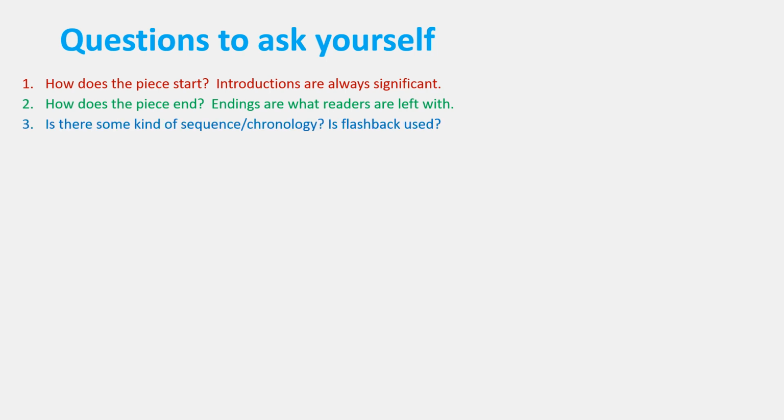Is there some kind of sequence or chronology? Is flashback used, analepsis, or is prolepsis, flash forward, used? Is some kind of foreshadowing used, or perhaps pathetic fallacy? Foreshadowing, is there some kind of clue that's given as to something that might happen later? Pathetic fallacy is where the environment or the setting reflects the moods, the emotion of the characters or the plot